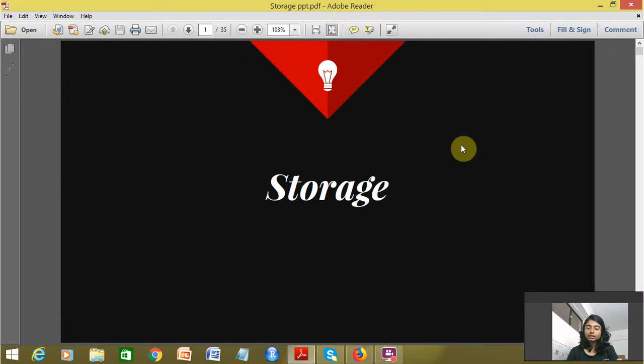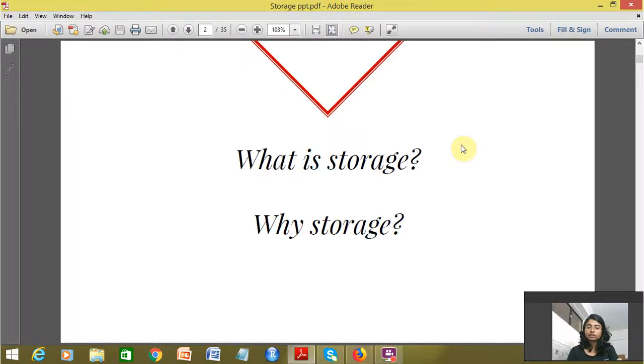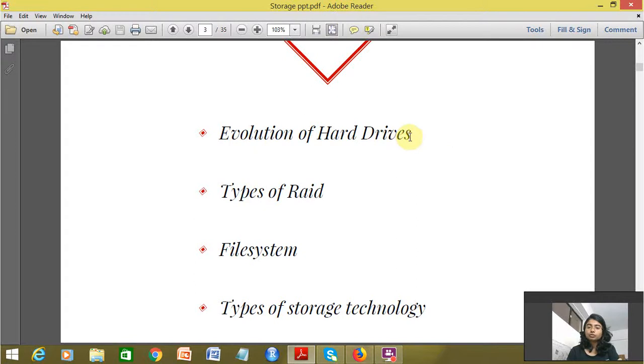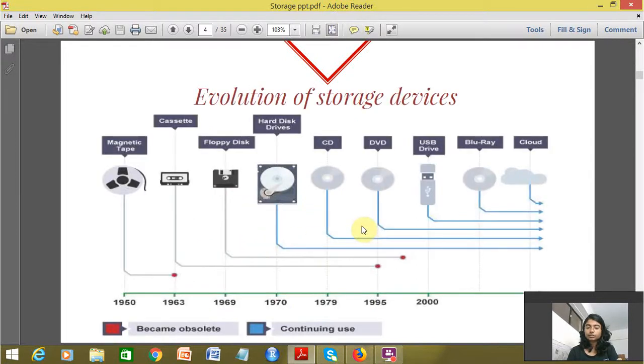Today, me and Stacy are going to explain the evolution of these types of RAID, file system, and types of storage technology. So first, let's see about the evolution of storage devices. The first was the magnetic tape, then cassettes, then floppy disk, then hard drive, CD, DVD, USB, Blu-ray, and now we are currently using cloud